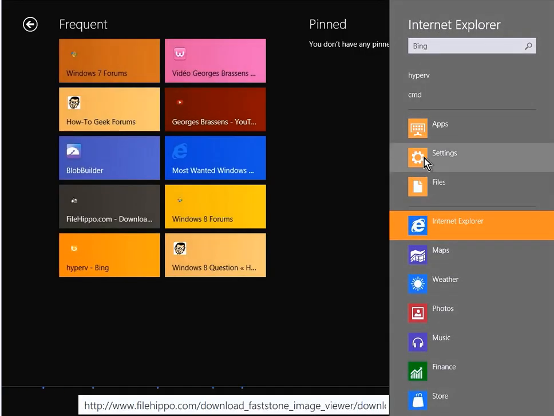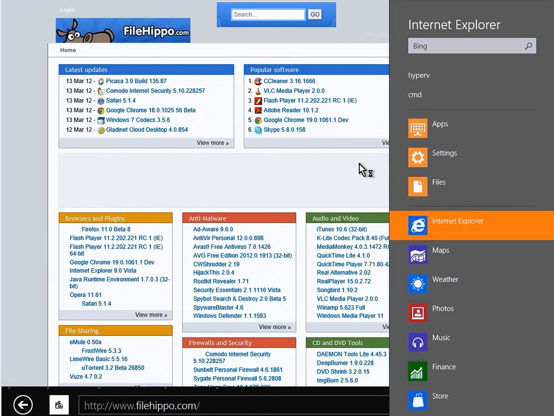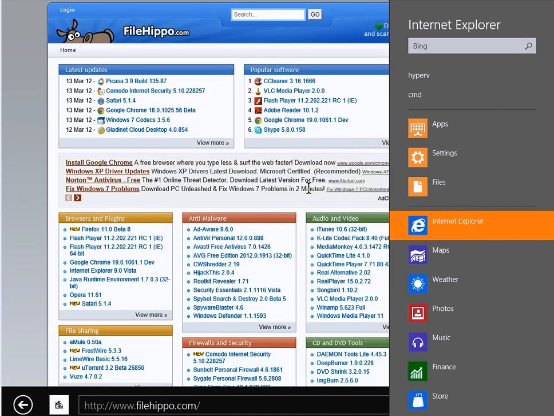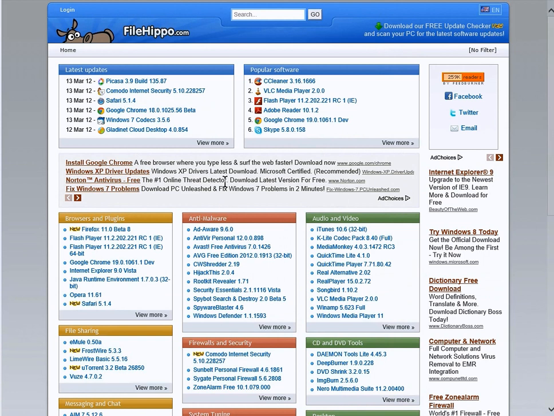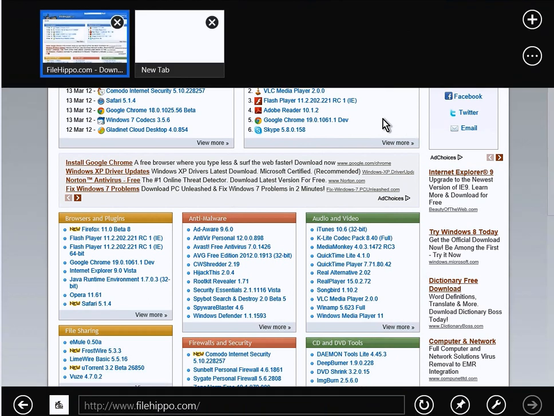You have Internet Explorer. Now that's the one I told you about, which is actually the Internet Explorer 10, and this is also kind of an ingenious thing. If you right click again, you get all kinds of functions here. And if you go to this little thing here,